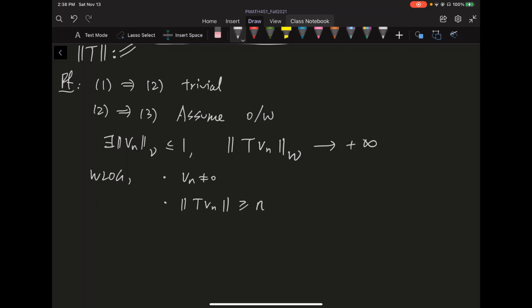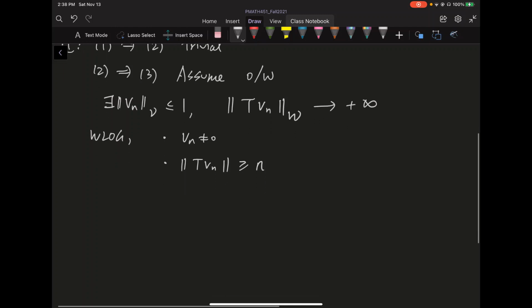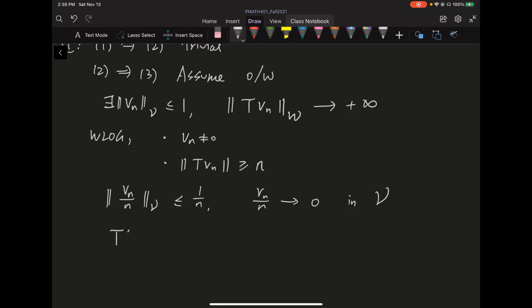We can basically just drop to a subsequence. Okay, this is kind of clear. All right, so if we have that, consider the sequence v_n divided by n. The norms of these will be less than or equal to 1 over n. So this v_n divided by n is clearly converging to 0 in norm in this Banach space V. But if we evaluate T of v_n divided by n, if I consider its W norm,